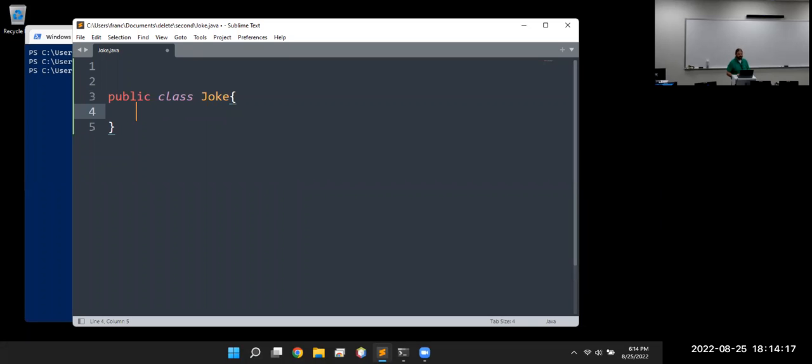So make a public class named joke. And then some curly braces to say where the code for that class definition, or blueprint for an object, is going to start. And this is just going to be a main one. We're just going to run this one thing here. So we'll need our main method,